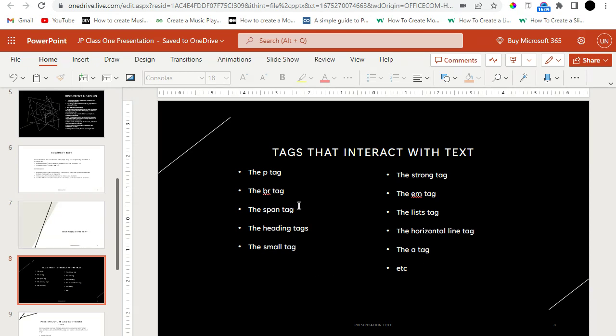So we've already used the p tag, which we called the paragraph tag. We've already used the a tag, which is for linking to other pages. Yeah, I think those are the two major tags we've used. So let's try to use other stuff. Oh, we've used span too. Okay, so let's say